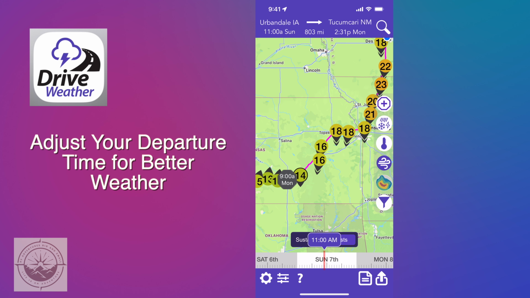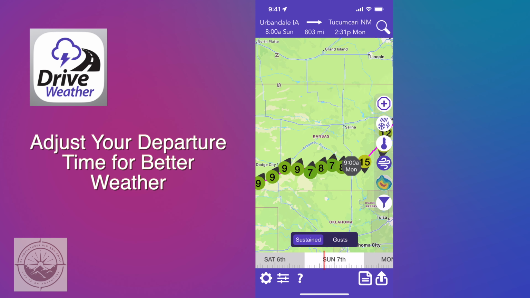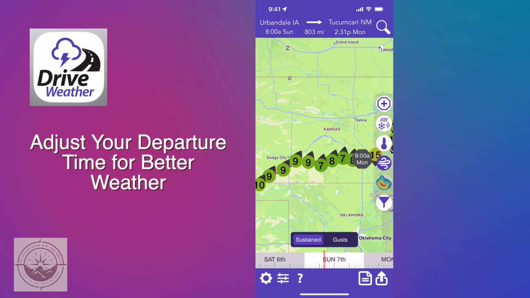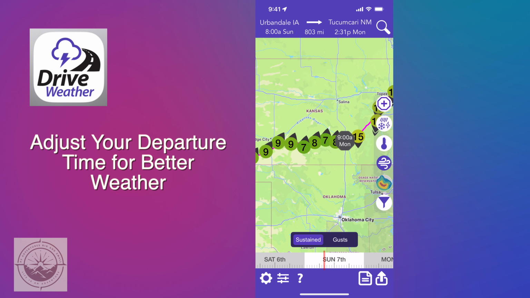Not quite as bad. Down a bit anyway. They're still bad, but they're not as bad. So there's a real thought there rather than leaving right at 8 o'clock and waiting till 12 to leave. All right. Now, it doesn't make any difference on the second leg from Wichita down to Tucumcari unless you click